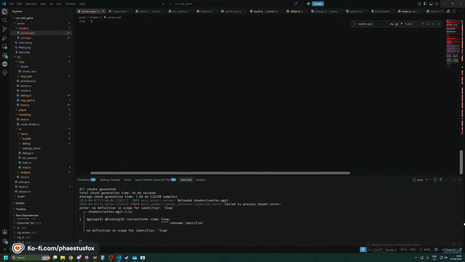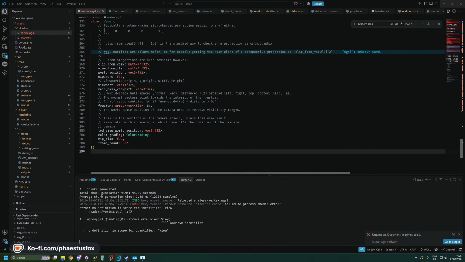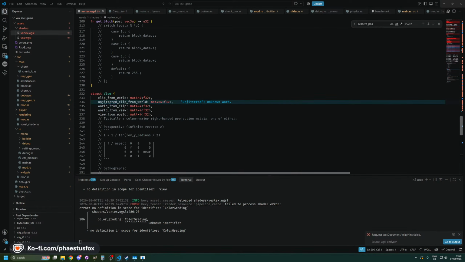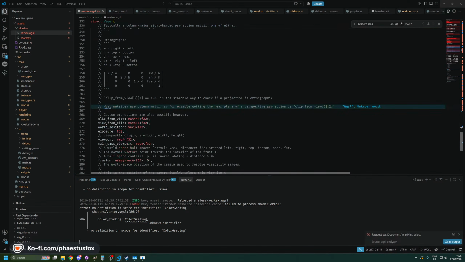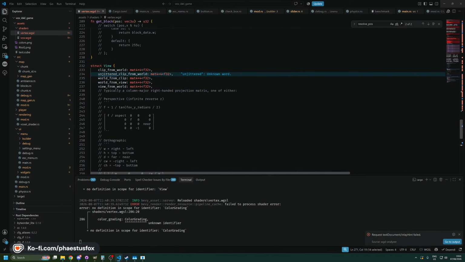Can we just put this at the bottom so it's out of the way, but I can still access it? Clip from world. These are all just transforms, which annoys me. World position. Okay. Well positioned, well positioned. So now we have a view, and when